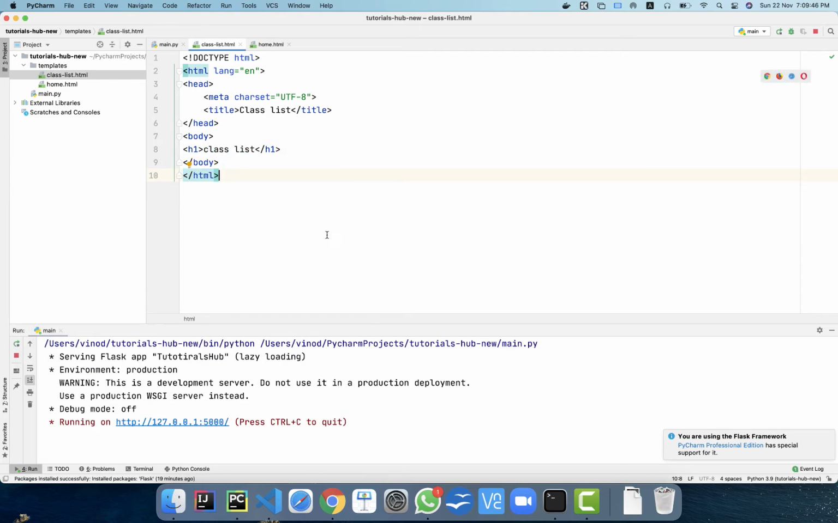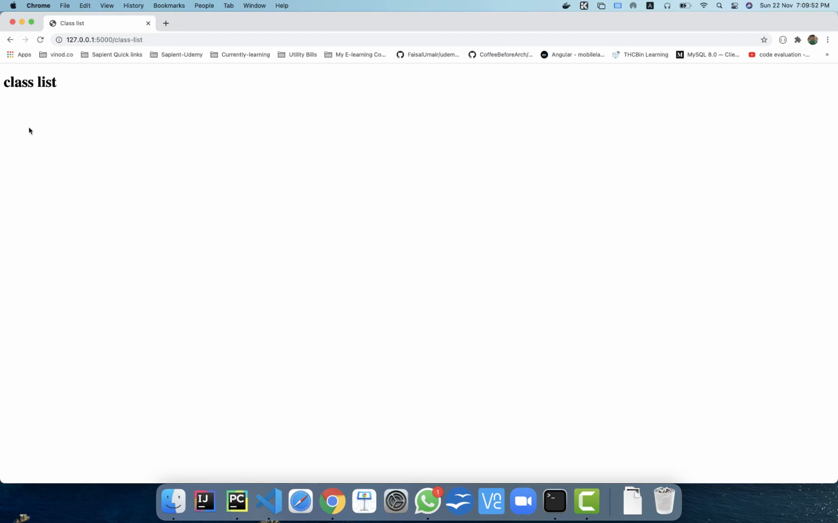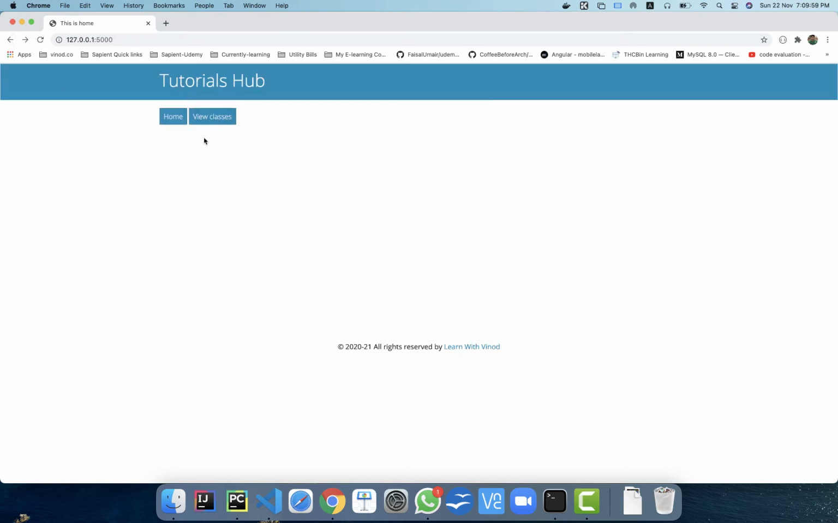I go here, rerun this and go back. Click on the home, no problem. Click on the view classes. This is how it's going to look. So my header is gone, my footer is gone, my links are gone, but I still see the output coming from that. Now, in order to maintain the common look and feel, like the common header, common menus, common footer,